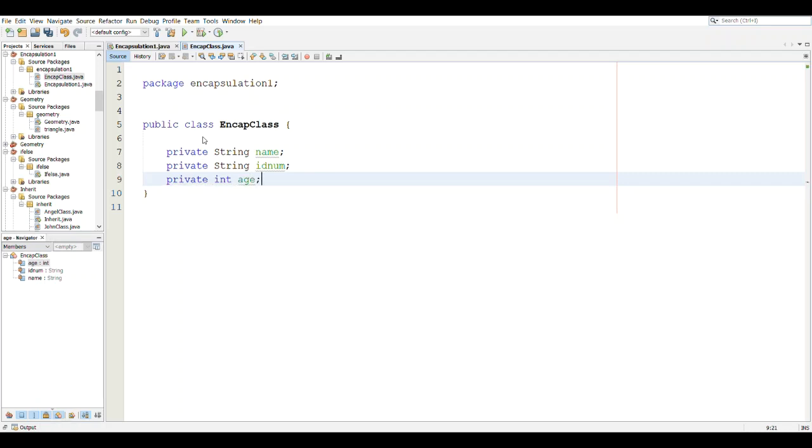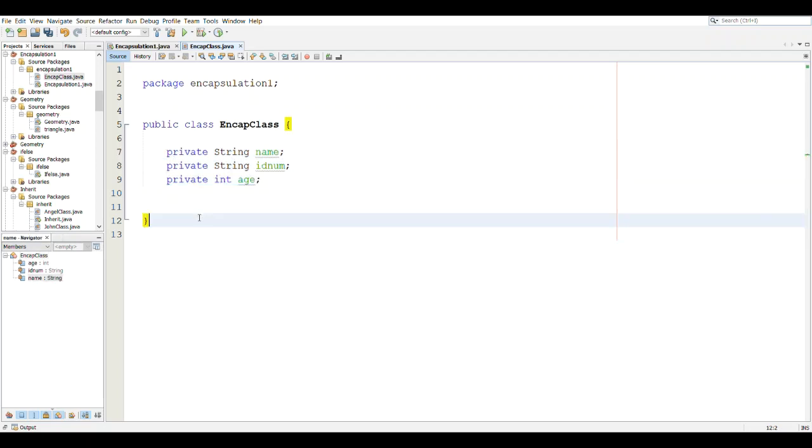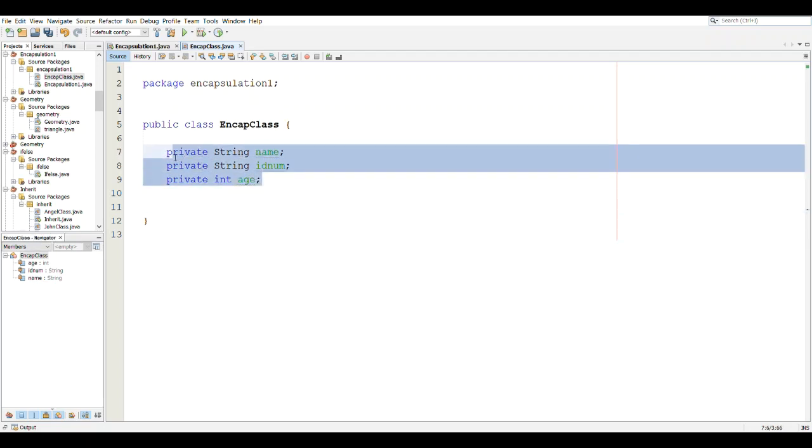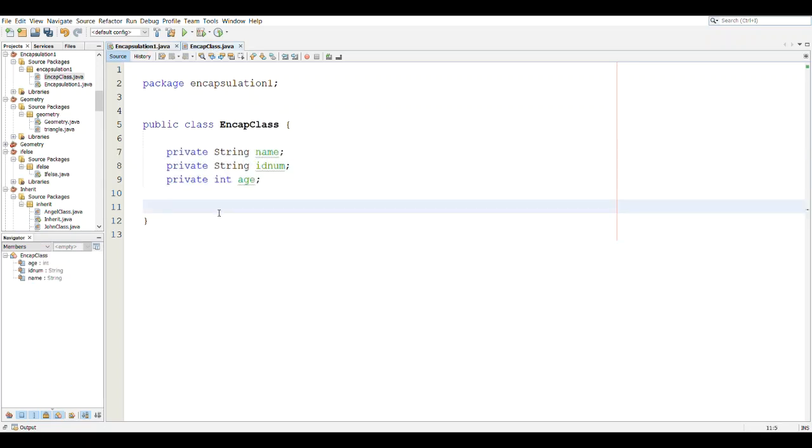And then afterwards, in this class, we will be having the public getters and setters. So basically, again, since we have the private variables here, in order for these variables to be accessed by other classes, we also need to have the public getters and setters. So we'll have a public getter for each of these and public setters for each of these as well. So now we have public String